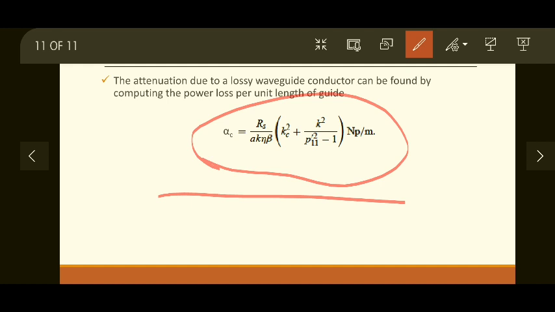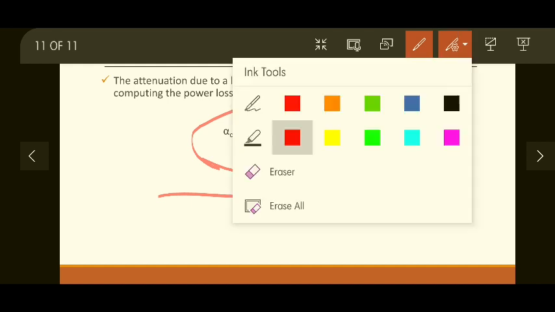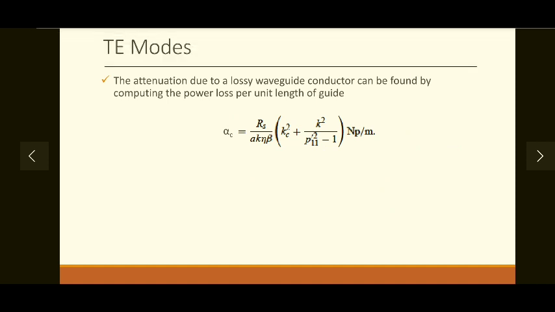Okay, so these are some important parameters using the TE mode analysis of the circular waveguide. On a similar pattern, you can find out the TM mode analysis, which will be much simpler compared to the TE mode, because much of the concepts of the circular waveguide are covered in the TE mode analysis. So TM mode analysis has to be much simpler. So that is about the circular waveguide, and that's all for today. Thank you.